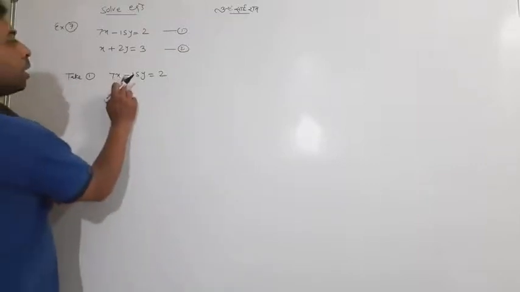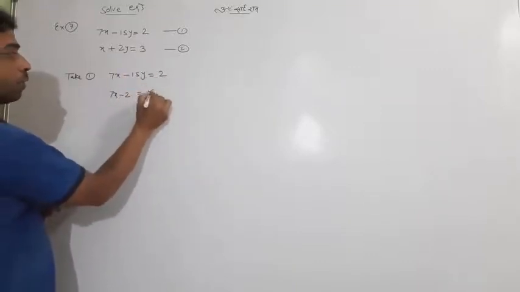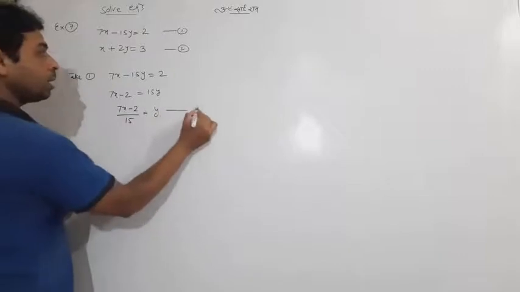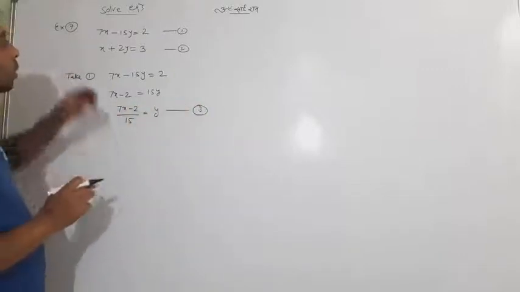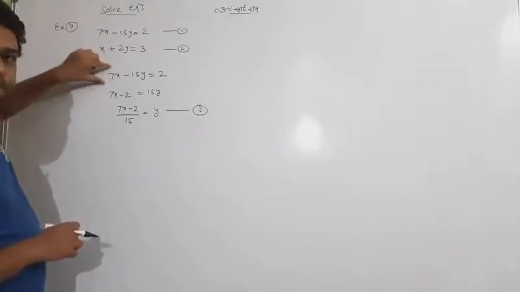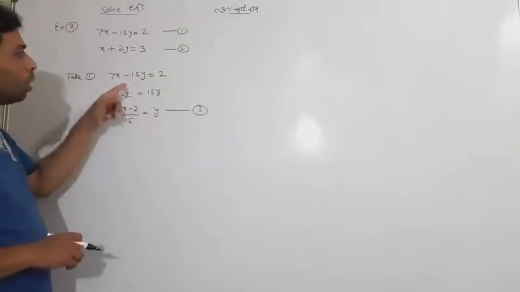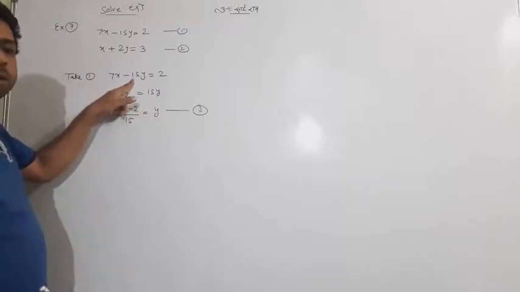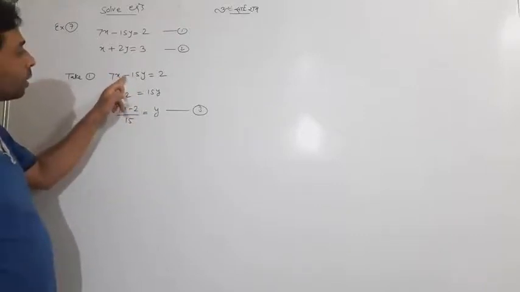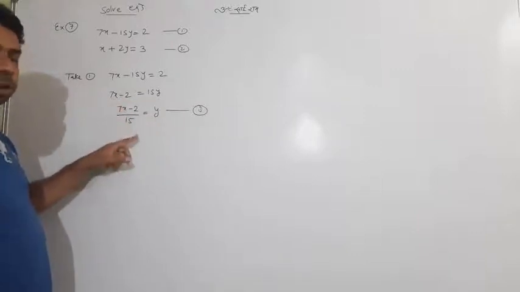I tell you, it is minus. So I transfer the minus here, and 7x minus 2 is equal to 15y, and I find y is equal to (7x minus 2) upon 15. Say it is the third equation. What have you done till now? You had two equations. You took any one equation that you prefer. Suppose I have taken the first. Then find the value of one variable in the form of the second variable. I have chosen the one which looks convenient and easy. Since this is minus 15, when it is transferred it will get plus. So this time y becomes easy. So y in the form of x we have got from the first equation.